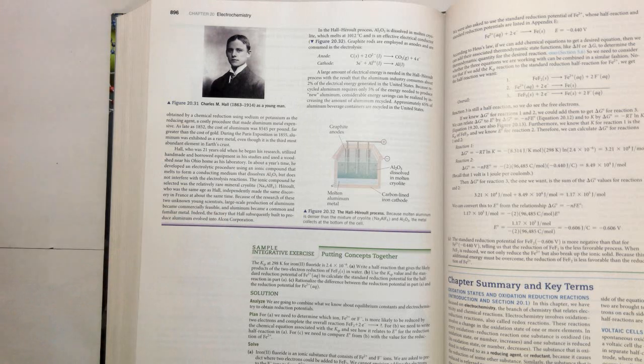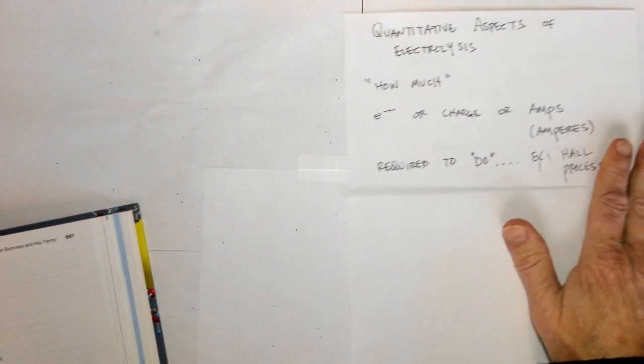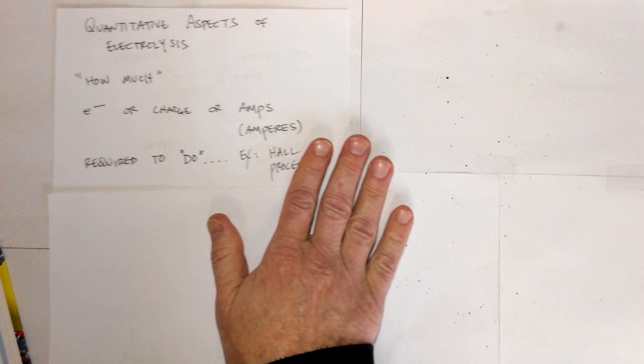Since recycling aluminum requires only about 5% of that energy, it's considered a significant energy savings if we can recycle our aluminum. So with that in mind, we're going to look at some of these quantitative aspects of electrolysis